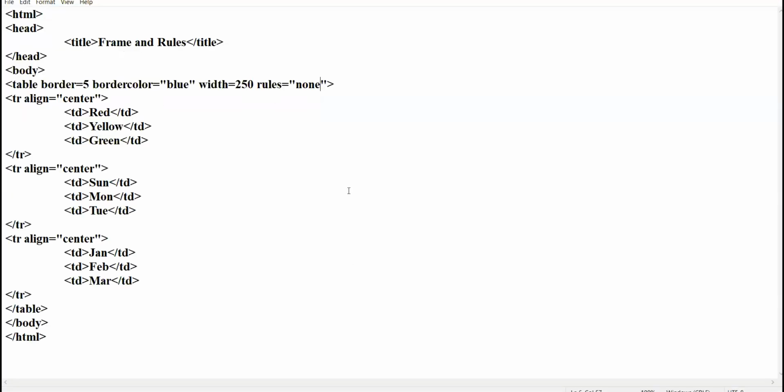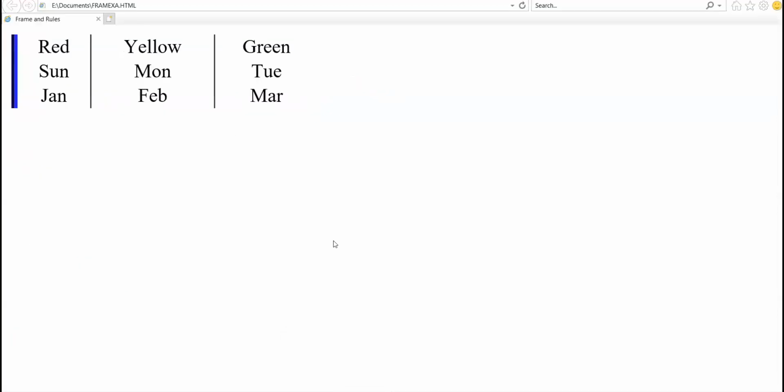Now, let us see the role of both frame and rules in one table. I am taking frame equal to lhs and rules I am taking cols. Let us see the figure that will come. See, lhs means the border is appearing only on the left.